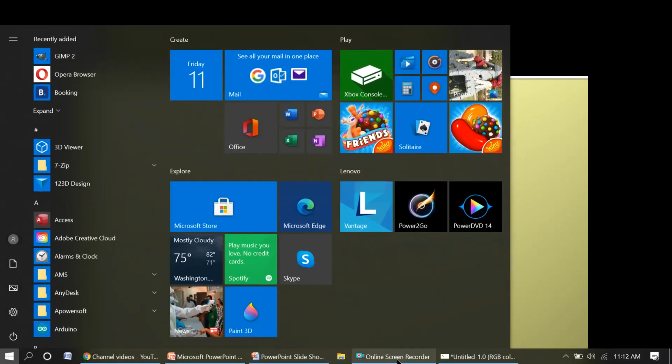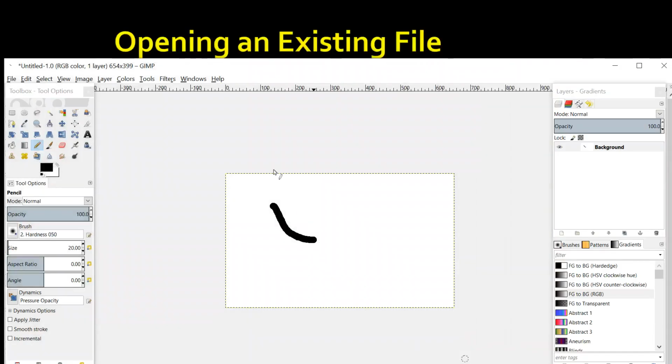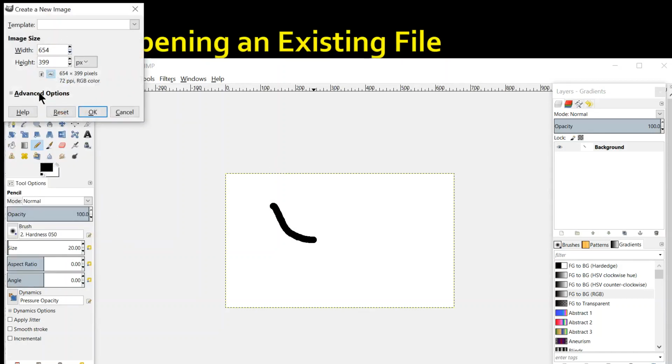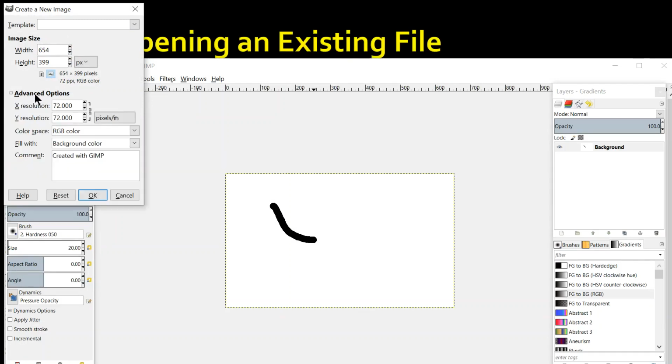Now next is opening an existing file. How can we open an already available file? First of all, let's know, अभी हमने new file open की थी. In the new file there was an advanced option. हमने ये किया नहीं है ना. In the advanced option we can decide whether we want RGB color scale और ग्रे स्केल. हम कलर्ड इमेज लेंगे या ब्लैक एंड व्हाइट वाली इमेज लेंगे.